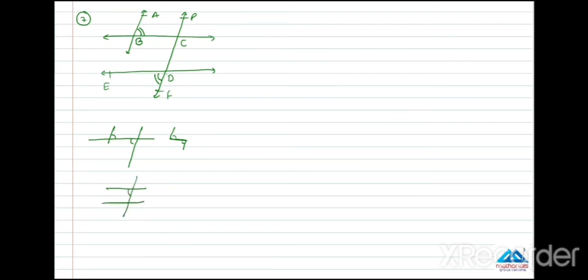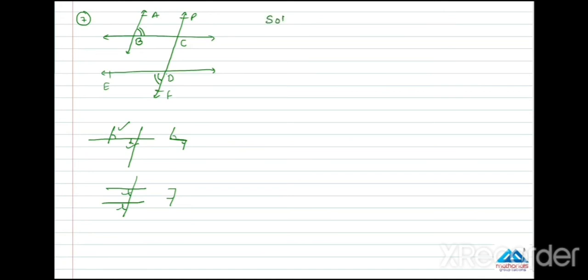Similarly, BCD and FDE is forming F shape. F shape means corresponding angles, and corresponding angles is also equal to each other. So BCD is common angle to both angle ABC and FDE. BCD common है दोनों एंगल में. So अगर BCD is equals to ABC and FDE, अगर BCD दोनों एंगल से इक्वल है तो दोनों एंगल ABC FDE के इक्वल होगा, जो कि हमको प्रूव करना है.